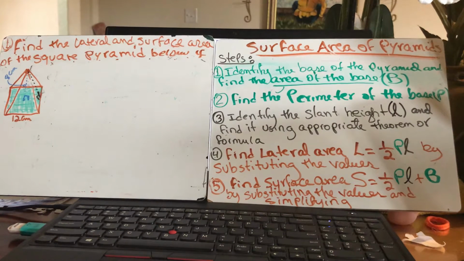Today you guys are going to learn how to find the lateral and surface area of a pyramid. If you read today's introduction for today's objective, you should know what a pyramid looks like or what it consists of. But just to remind you, a pyramid is just a three-dimensional solid which consists of one base, and the